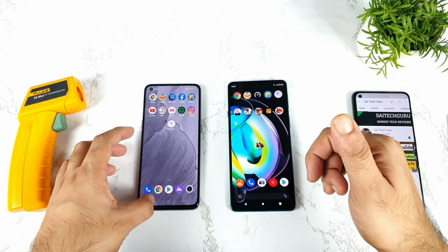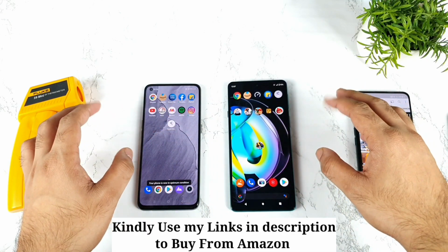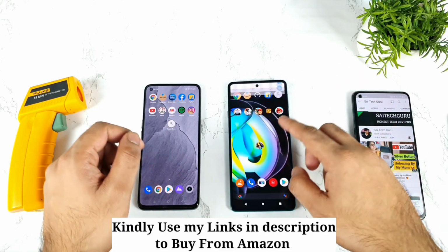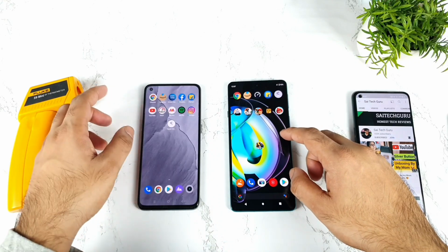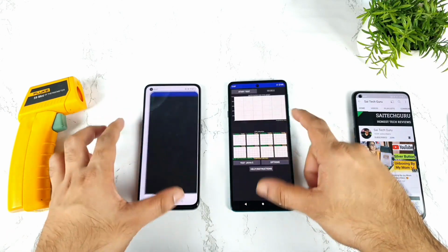Right now let me clear everything from the background applications. All the background applications are completely cleared, you can clearly see here. And let me put both phones in airplane mode. So both phones are completely in airplane mode as well. That's perfect. And now let me open the CPU throttling test application on both phones,